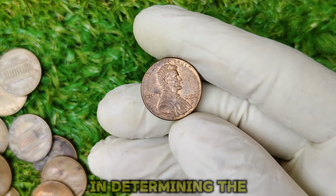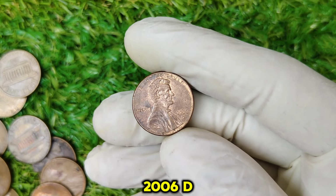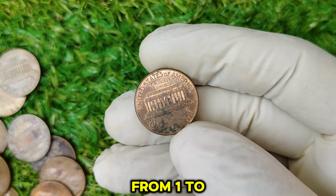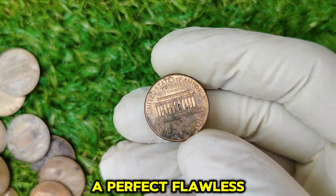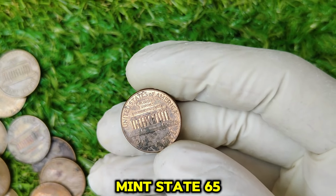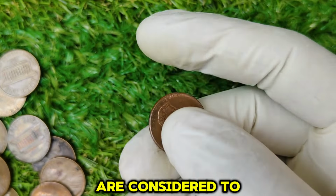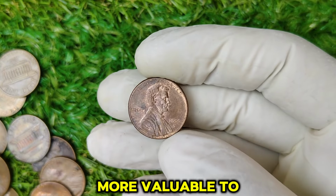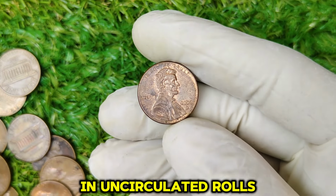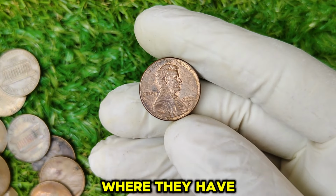Another critical factor in determining the value of the 2060 penny is its condition, or grade. The grading scale for coins goes from 1 to 70, with 70 being a perfect, flawless coin. Coins graded MS65, Mint State 65, or higher are considered to be in near-perfect condition and are much more valuable to collectors. These high-grade pennies are often found in uncirculated rolls or from coin collections where they have been well preserved since the